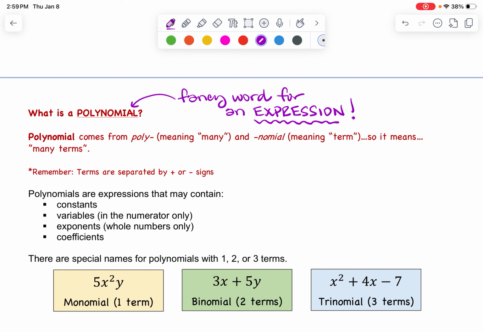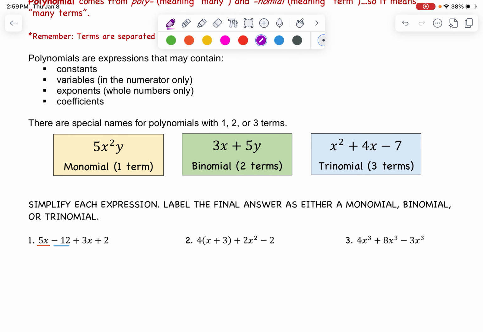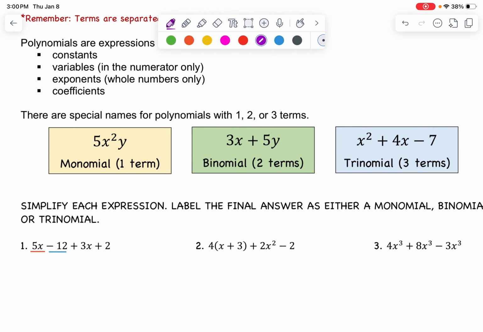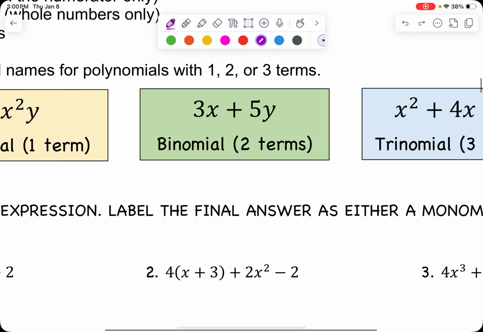okay? The one thing I do want you to know today is that we do have special names for our polynomials or our expressions, depending on how many terms they end up having. And you do need to know these words. So the first one is a monomial, mono meaning one. Okay, so it's pretty easy to remember. So for example, 5x squared y, that's only one term because there are no plus or minus signs, right? And so this is one term. So if you end up with an answer that only has one term in it, we would just refer to that as a monomial. Okay, a binomial, bi meaning two, right, just means you end up with an answer that